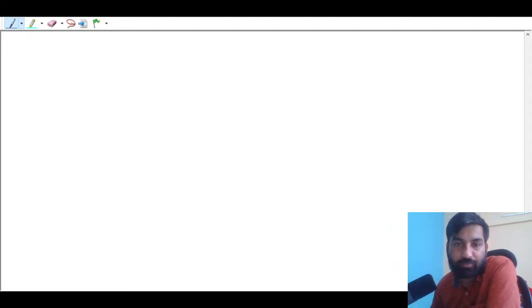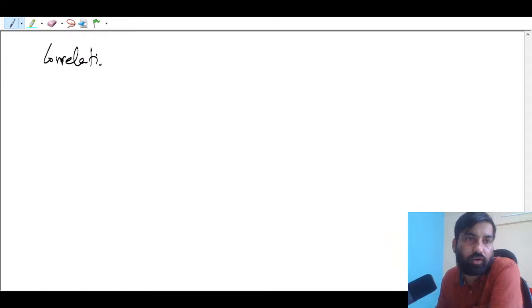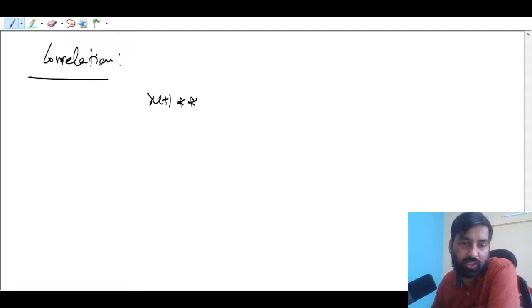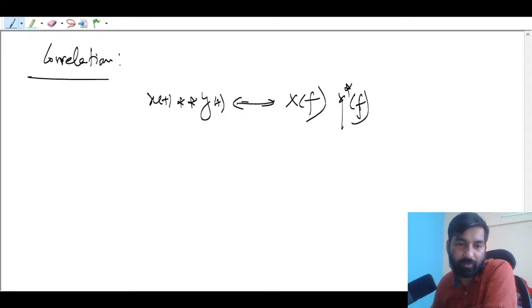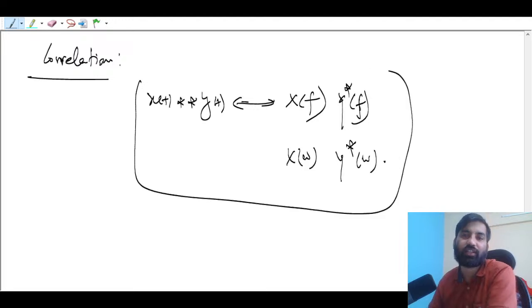Fine. So there is a more important property, like correlation and autocorrelation. So correlation property, correlation in time domain. Suppose x of t, these are the two stars, means correlation with y of t. So what is the Fourier property here? You can just find the Fourier transform of x(t), then take the conjugate of that X of f, multiply this, ठीक है, in omega form, ये कोरिलेशन के केस में हो जाएगा, ठीक है।